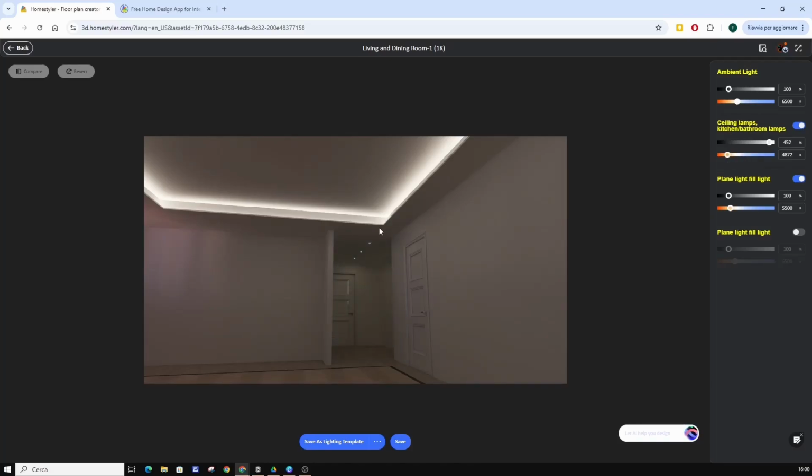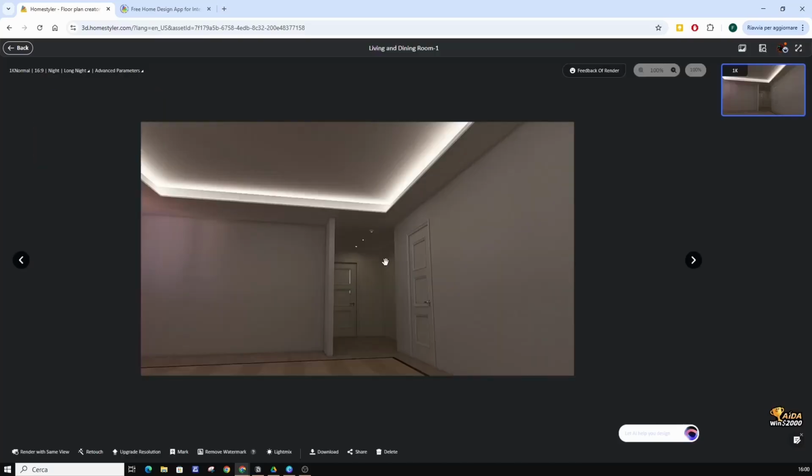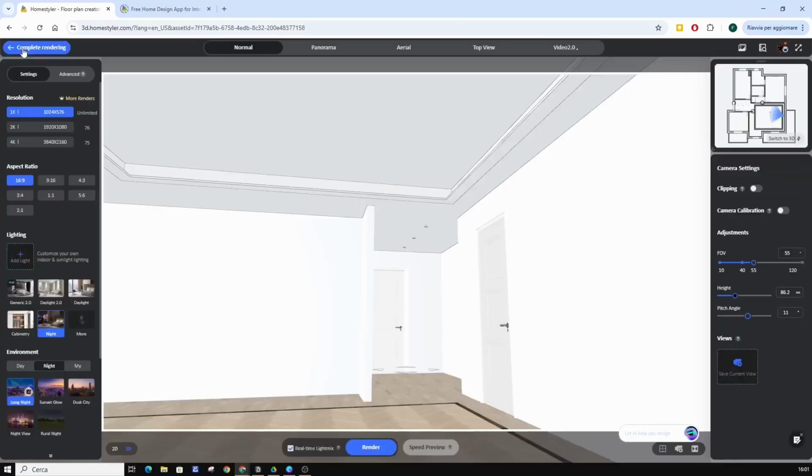If we are satisfied with the lighting setup, we click Save. Wait for the light mix, and then we see the image we have created. Anyway, this was just a test render. Let's exit the render option and go back to our model.